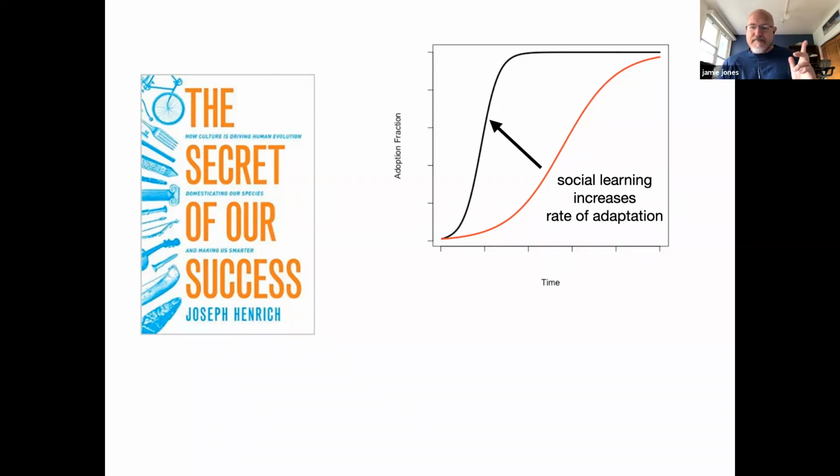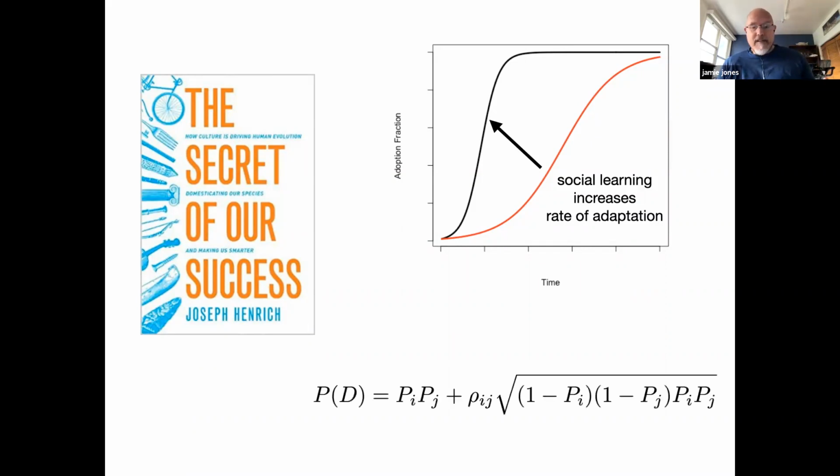There's a fundamental trade-off, though, and this is something that I don't see discussed a lot in the cultural evolutionary literature. Here's a simple formula for default. You default, or you become destitute, when there are two failures. This is a joint failure of two Bernoulli random variables. The default correlation calculation is largely driven by the correlation between the defaults of events i and j. So if we assume that the p's are equal, and that they're small, there's a low probability of failure of each of our different outcomes, then this can reduce down to basically